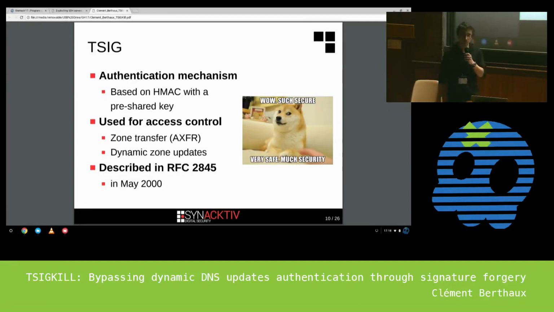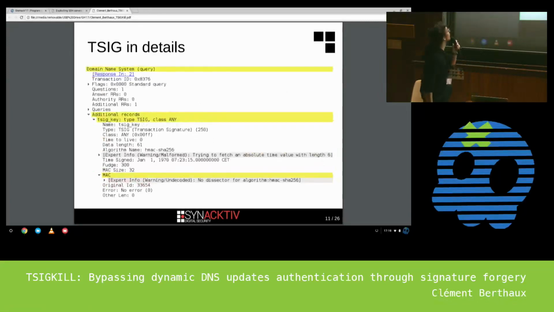It's not part of DNSSEC. It doesn't have any link to DNSSEC. So in detail, how it works. Basically, we here have a query,